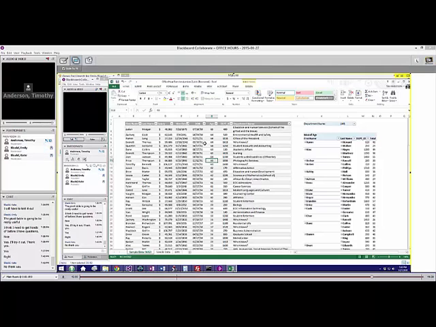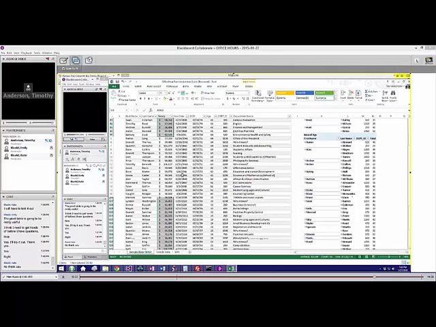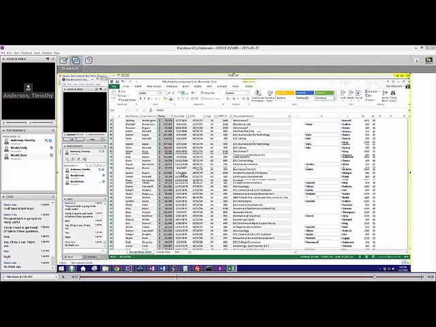All right. One of the neat features is what we call conditional formatting. So say I want to see everybody who's making over $100,000, I can highlight the field, do an end down, so I've got all the fields covered.